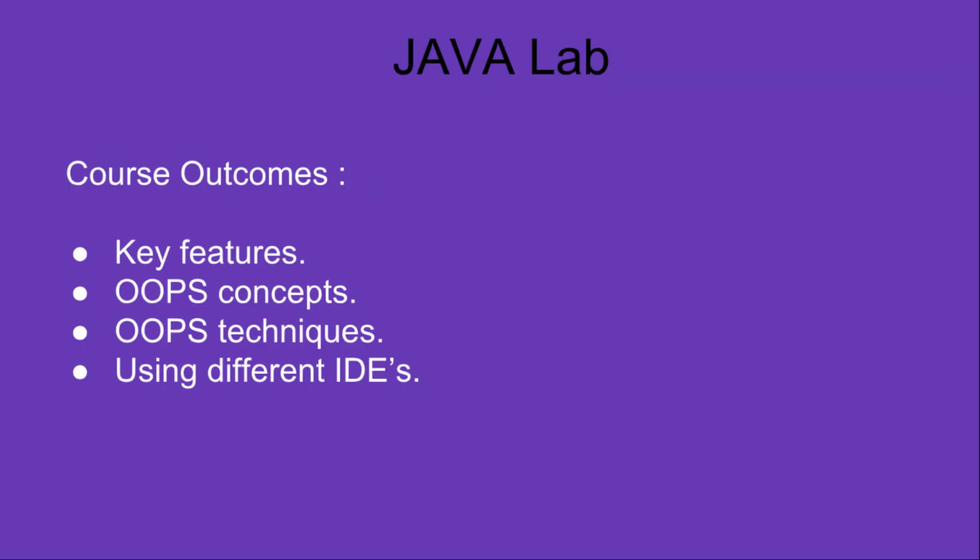And the last lab of the 2-1 is Java Lab. The objective of this is to practically implement the object-oriented programming features using Java language. Coming to the course outcomes, student will be able to apply the key features of the Java programming language,